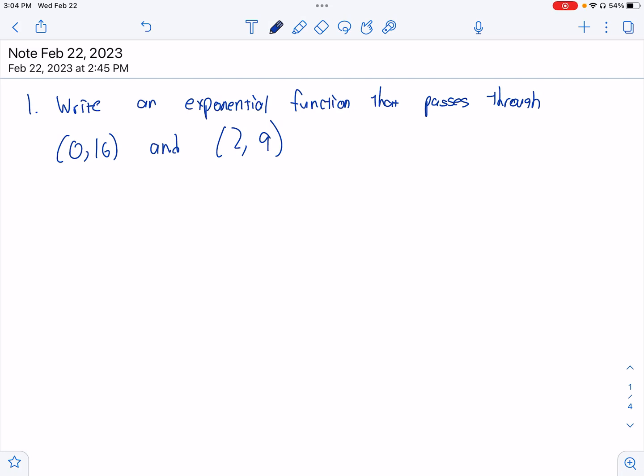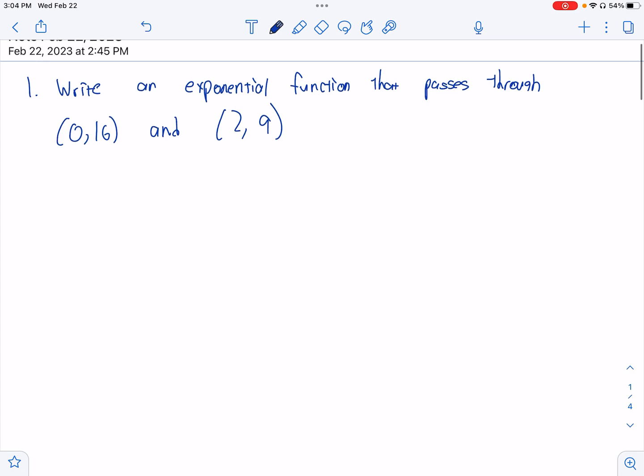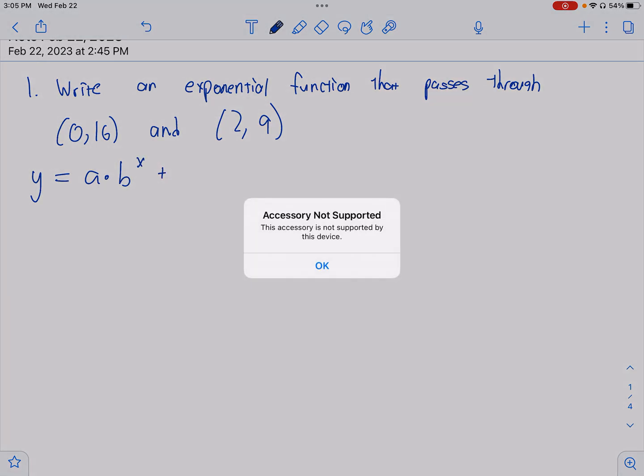Okay, so we're going to review how to write exponential functions given a pair of points that it passes through. So the thing to remember about exponential functions is all of them are of the form a times b to the x plus k,